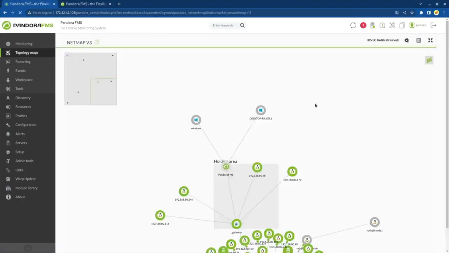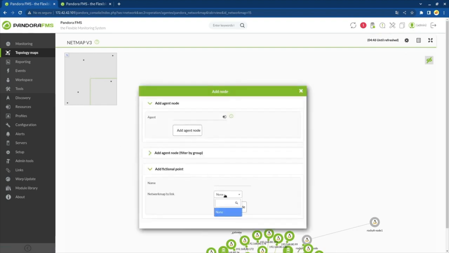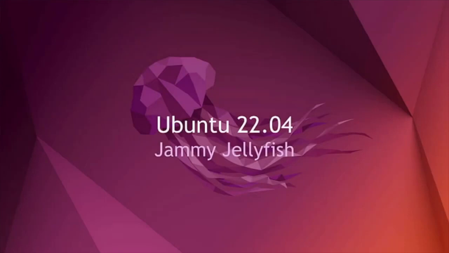Aside from features, we also improved network maps by adding automatic refresh, the possibility of deleting Pandora FMS node in case you don't need it, or being able to link several network maps through a dummy node. Finally, from this version onwards, Pandora FMS offers support for Ubuntu 22, although only in Node and with some experimental